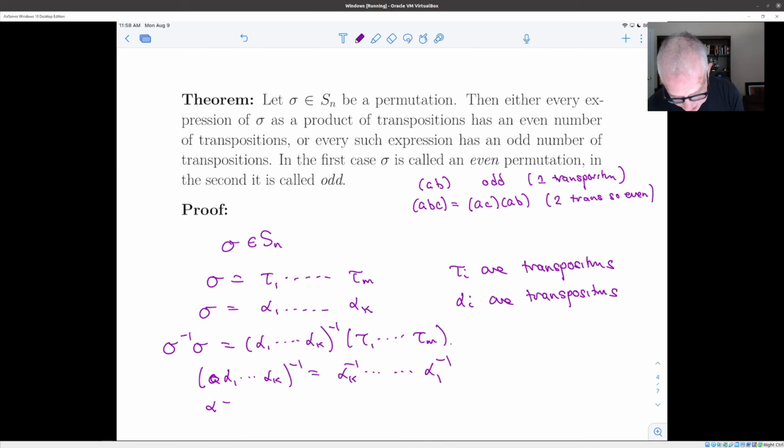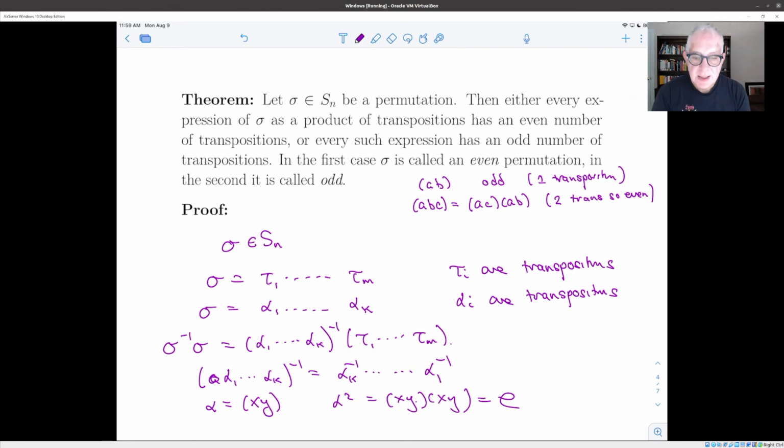Because if alpha is a transposition, if it's (x y), then alpha squared is (x y)(x y), and this is the identity element because y goes to x, but then x goes to y, so y goes to itself, and x goes to y, but then y goes to x, so x goes to itself. So, since the product of permutations is a permutation, since the inverse of a transposition is a transposition, this is just